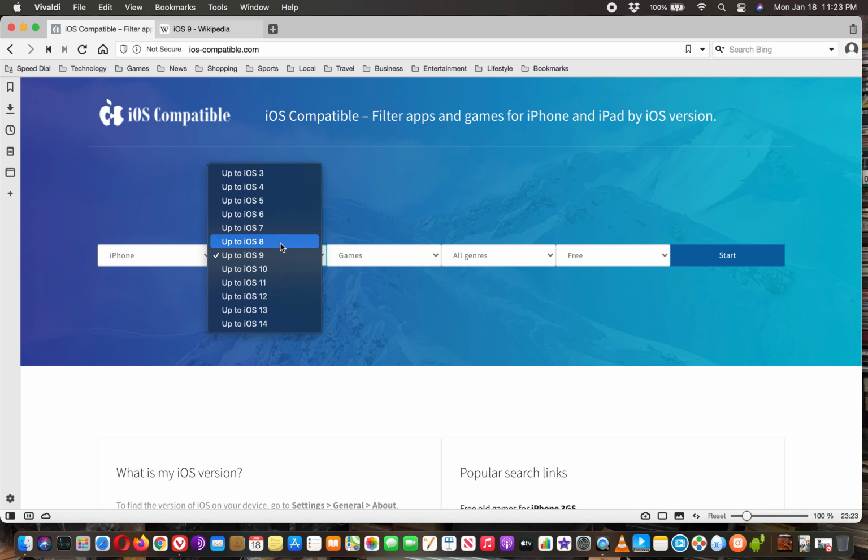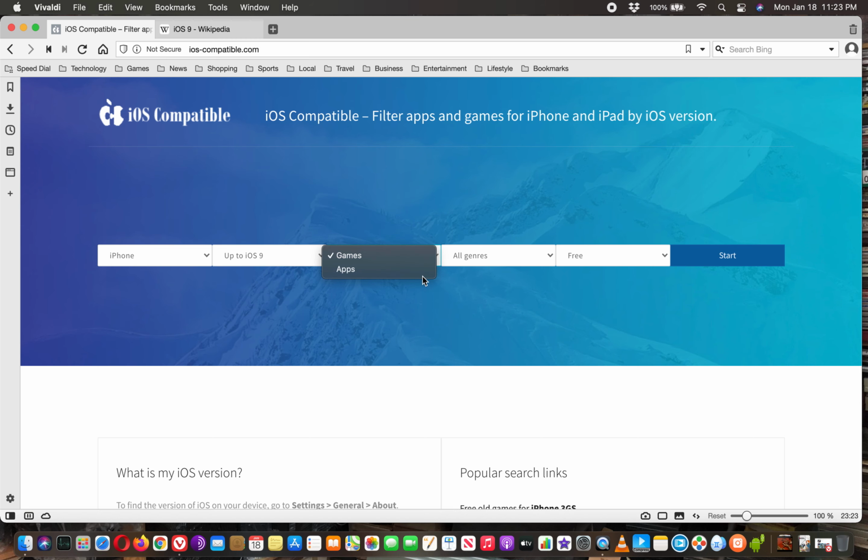Different versions seem to default on iOS 9, but you can switch between iOS 3 all the way up to iOS 14. And you have games or other types of apps, and also free and paid. So let's just see how this works. If you just click on this,